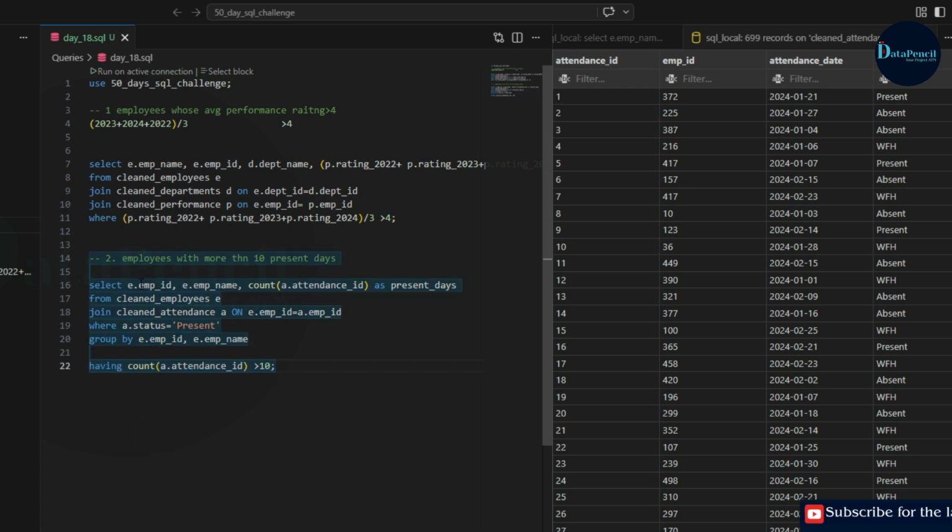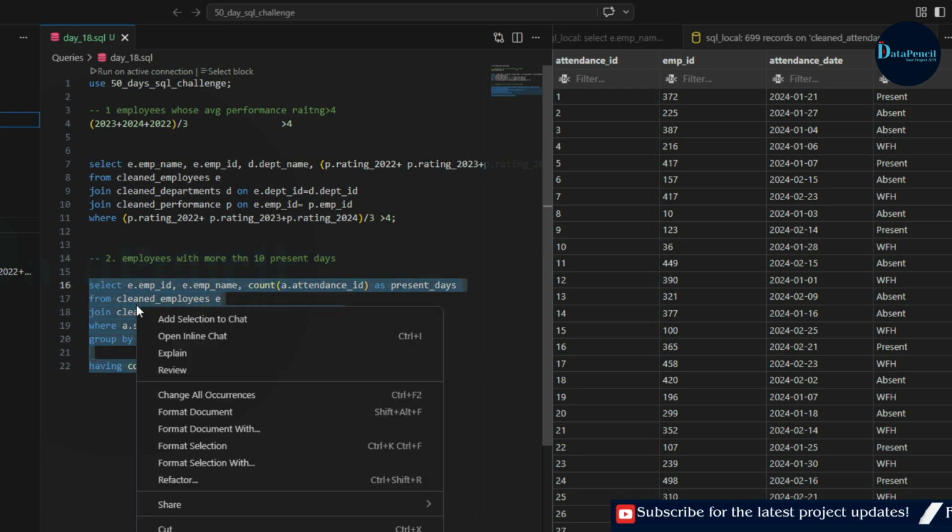So basically here we have selected our required columns, ID, name, attendance ID, given the table's name, then selected only the rows on which we want to apply this aggregate function. The rows will be only those where status is showing present, and the result should come in a group. So grouping should be done by employee ID, and then apply one more filtration, show only those rows where counting is greater than 10. Correct? Now let's run it.